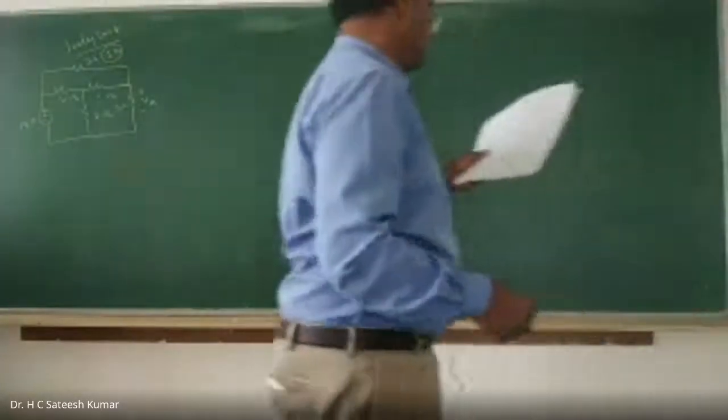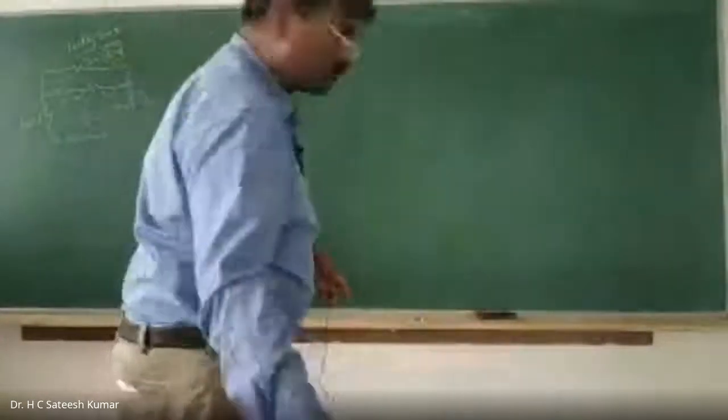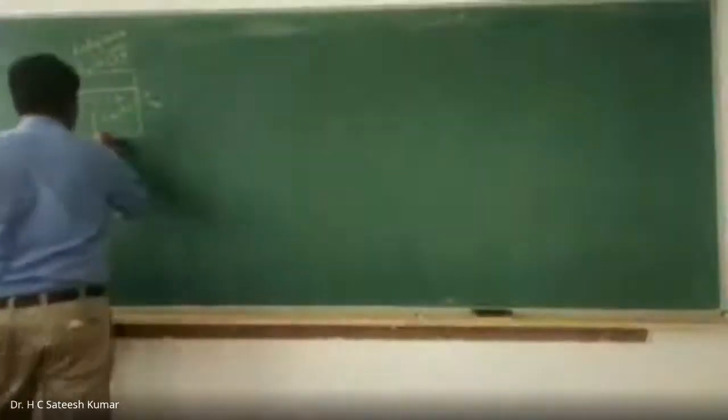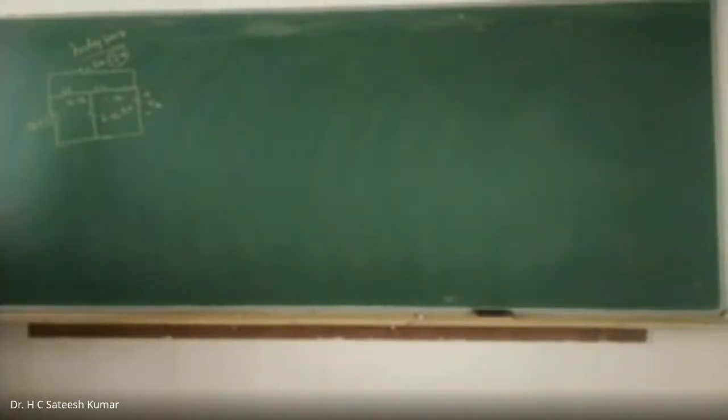Now what should we do? We should find the voltage across the 6 ohm. That means until the end of the problem, you should not disturb this 6 ohm. That is the basic principle you should follow in this kind of problems. If you want to find the voltage or current through any resistor, you simplify the rest of the circuit using source shifting and source transformation, keeping the 6 ohm until the end. At the end, we can find the voltage across it, because if you simplify it, you will not get that resistance at the end. Therefore, keep this one as it is and modify all the rest.